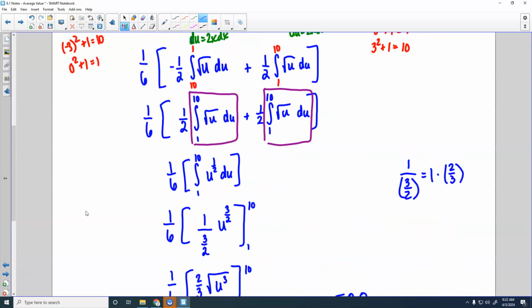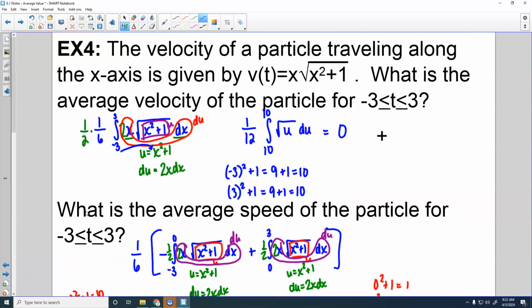The big thing that I want to stress to you, the thing I see students making a mistake with the most, is that when you're doing average value, it's 1 over the length of the interval times the integral of the function you're finding the average value of. A lot of students want to use v prime or something, or they don't use the right function. You need to make sure you're integrating whatever you are finding the average value of. All right, so